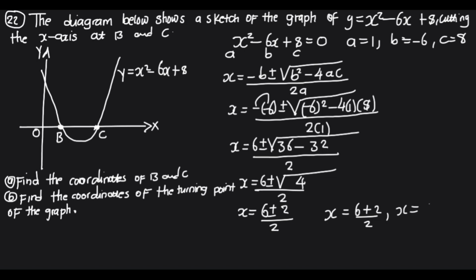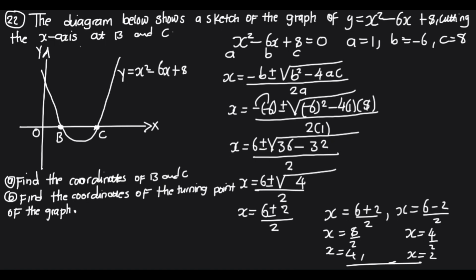Then the other one will be 6 minus 2 over 2. So let's deal with the first equation. 6 plus 2 is 8 over 2, which is x is equal to 4. The other one will be 6 minus 2 is 4 over 2, 4 over 2 is just 2. So these are the two